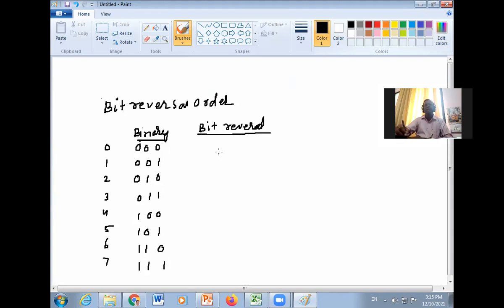तो यहाँ पे इसको अगर आप रिवर्स करेंगे तो as it is रहेगा, right? If I reverse this, what will happen? It will be 1, 0, 0. तो ये क्या होगा? 0, 1, 0. Then what will happen to this? 1, 1, 0. This is 0, 0, 1, and this is 1, 0, 1. This is 0, 1, 1, and this is 1, 1, 1.